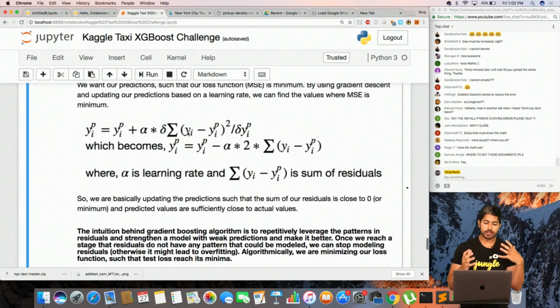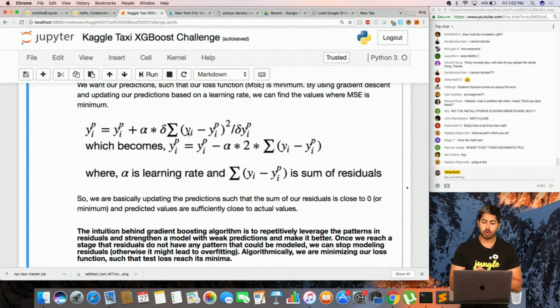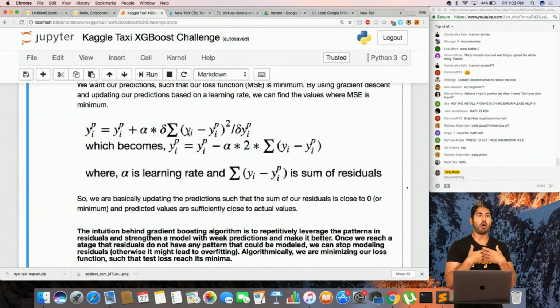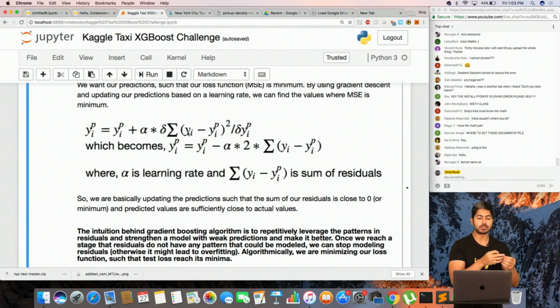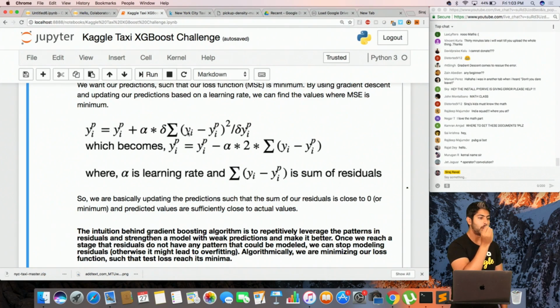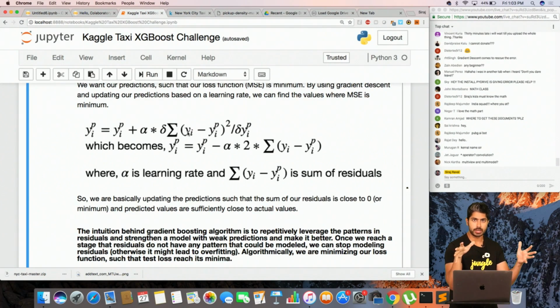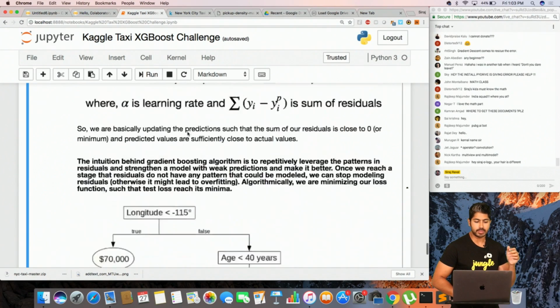So this is us trying to find the mean squared error. We use that error to compute a gradient. The gradient tells us how off our model is. The weights, the coefficients for our model, whatever the model is, need to be updated over time. So we use the error to compute the gradient, and the gradient tells us how to update our weight values. When it comes to gradient boosting, we're not just using the gradient to update a single tree, because we have multiple decision trees. Decision trees look like this.